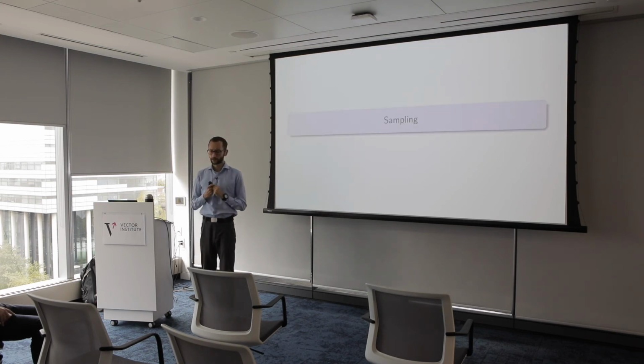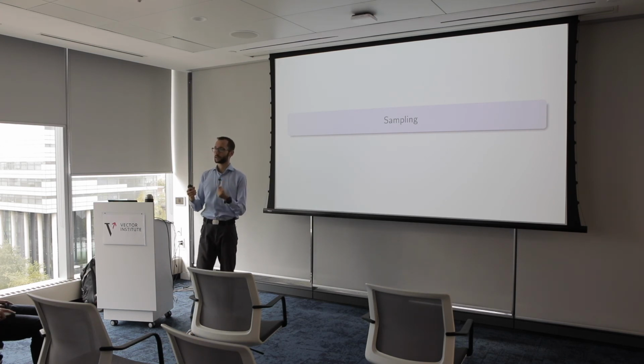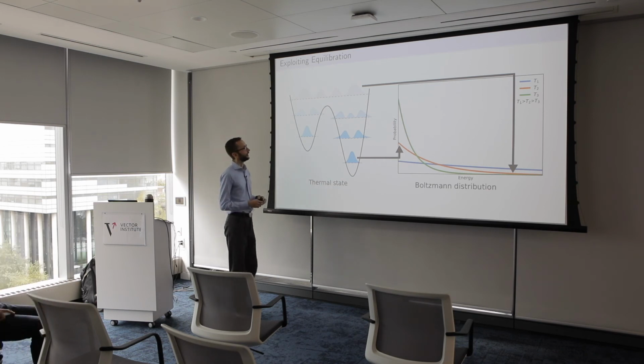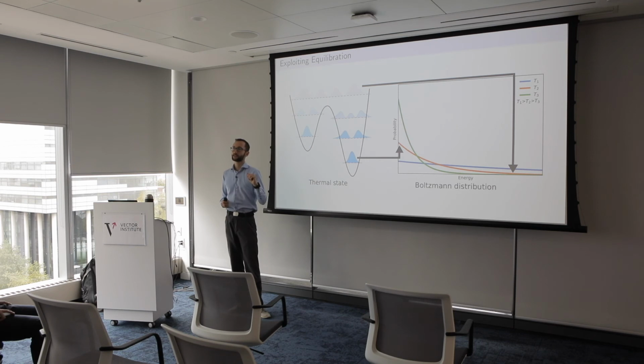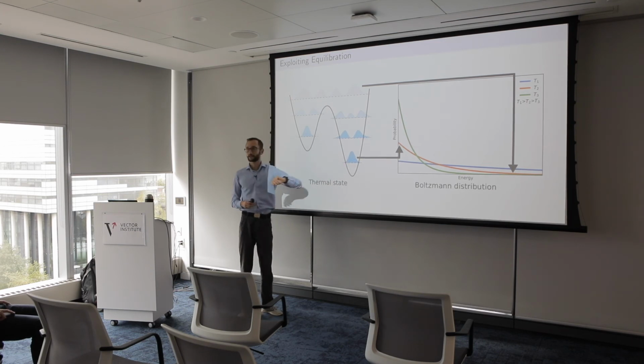Then the most natural thing to do on a quantum system is sampling, is measuring it. Because a quantum state is just a probability distribution. And what do you do with a probability distribution? You sample it. So let's see what exactly happens. This is the energy distribution of your quantum state, say at the end of some annealing process. And what you are hoping to get is the global optimum. So that would be this lowest lying energy state. But that's not what